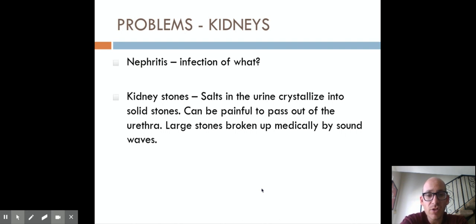Now, if you have a larger stone that won't even fit into the urethra and can't get out of the bladder, typically what happens is you go to your doctor because you have this pain in your abdomen, and they will use sound waves to break those stones up into smaller pieces, but then they still have to be passed. So, basically what that is medically, not just attaching like a speaker to your stomach where the bladder is and pushing these sound waves in to break them up so that they can be passed. Still uncomfortable though.